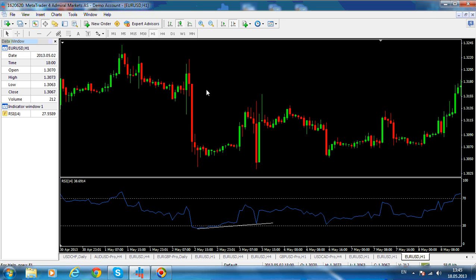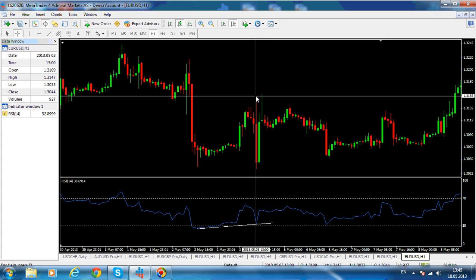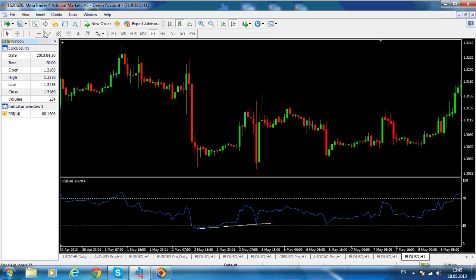But if you're looking at the price, here it has a low of 130.37, and here a low of 130.33. So price is falling, but the relative strength index is rising,